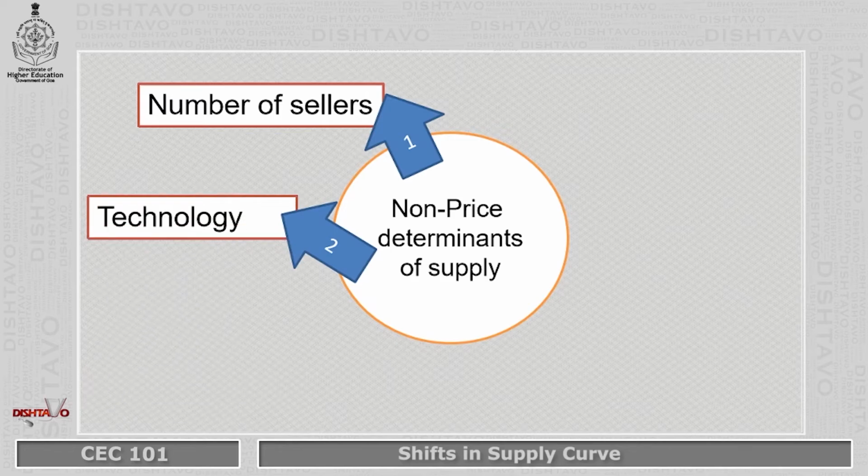Second one, technology. As a firm uses advanced technology for a production unit, he will be able to produce more output, and the advantage of using technology is that there will be a decrease in the cost of production, hence there will be more output supplied in the market and the supply curve shifts towards the right. Conversely, when the firm makes use of traditional methods of producing goods, the output will be decreased and the cost of production will also increase, and then there will be a leftward shift in the supply curve.